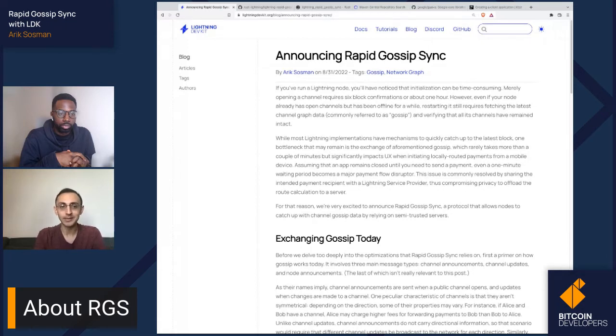So when you open it, it means that in order for you to be able to send a payment that is truly private, you first have to wait several minutes in order to be able to sync that channel graph. Like, imagine having to wait several minutes as you open Venmo just to be able to make a payment. Even if the apps are all about the dark patterns and they require that if you don't have the latest version, you download that first. I mean, you have fairly low connectivity or you're somewhere remote, it is not going to take that long for you to do so. So that just sucks and is horrible UX.